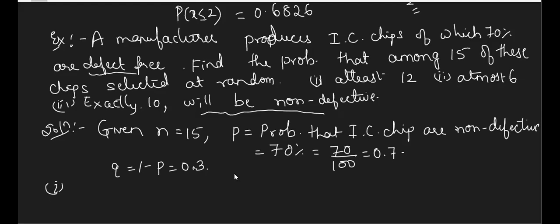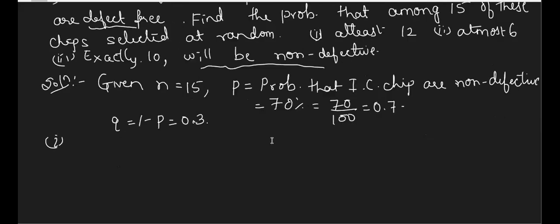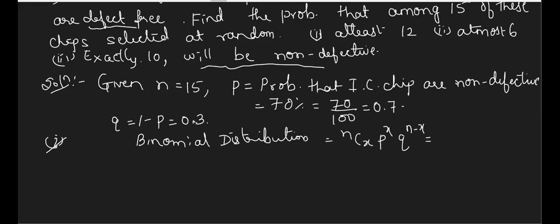What is the first one? Shall I give some briefly and will you calculate the values? Again, you just write down the general format of binomial distribution. Again, 15 means less than 30. We'll use the same distribution. What is the general form? NCX, P raised to X, Q raised to N minus X. Substitute for N, P, Q. N is 15, P is 0.7, and Q is 0.3 raised to 15 minus X. Done. Okay. I'll just briefly give you what are the conditions because it is simple one.